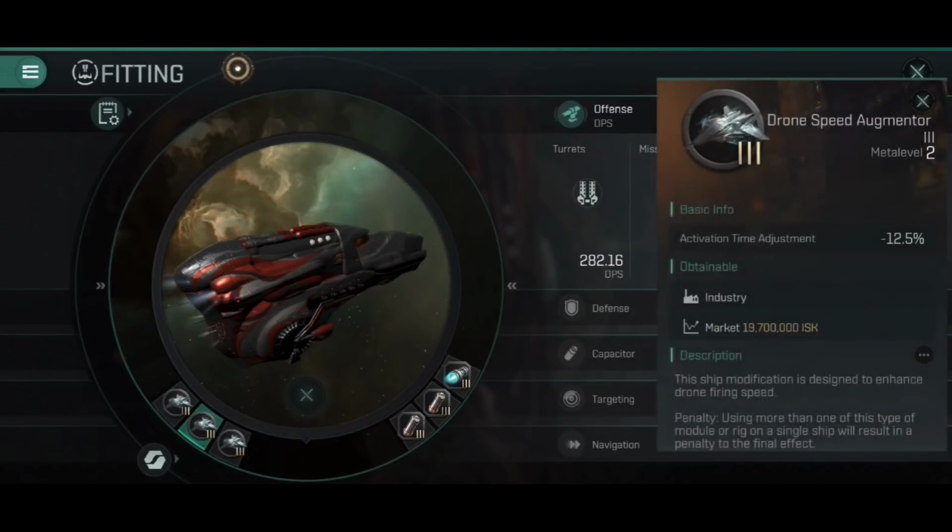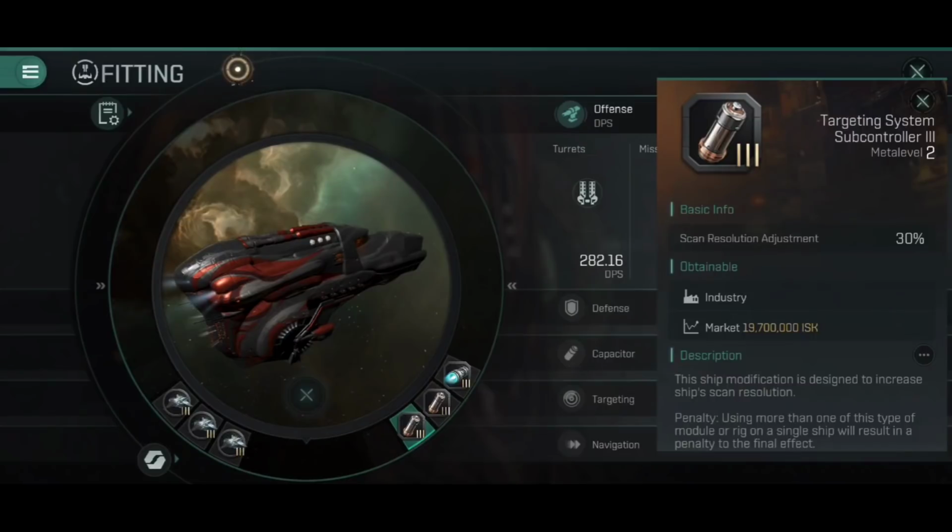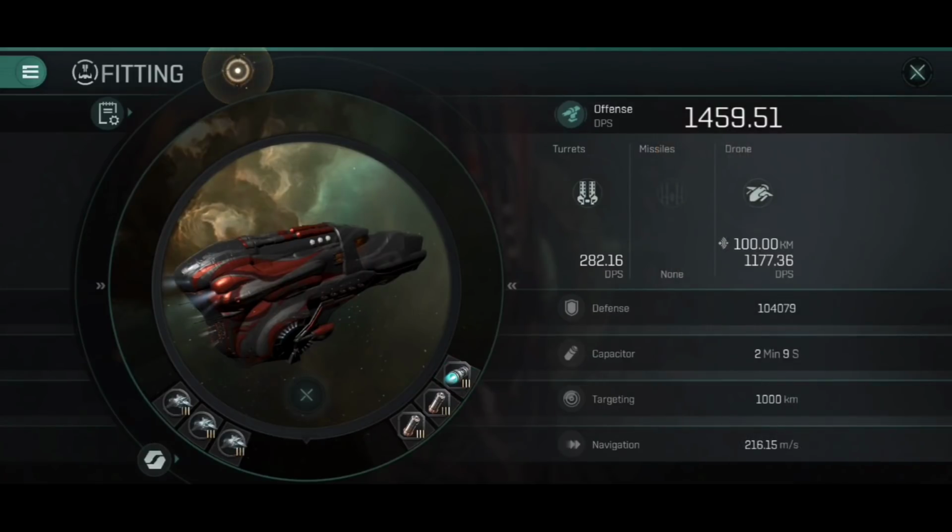But anyway, for this build we're going for two speed augmenters to make sure our drones are firing that little bit faster, and then over on the other side in our engineering rigs, I've gone for two targeting system subcontrollers to help me lock onto things that little bit faster, and an auxiliary thruster 3. This just means that if I do need to hammer a quick retreat, I can do so at a slightly faster speed. Now what we're looking at with this fit here is a whopping 1459 DPS,